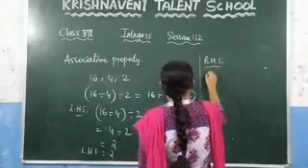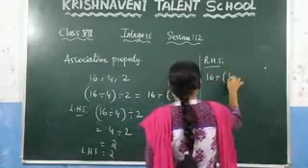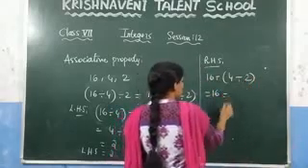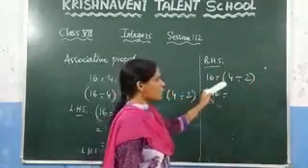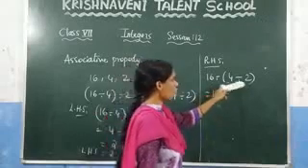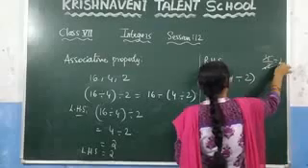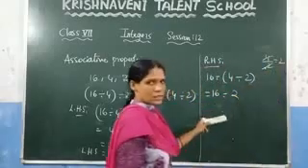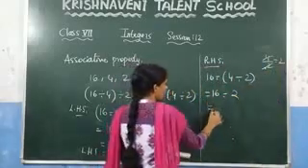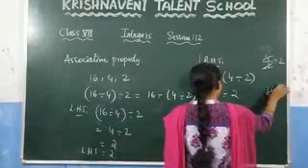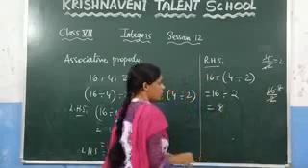Now check the RHS. What is the RHS case here? 16 divided by (4 divided by 2). What is the next step? You need to divide the numbers in the brackets first. So 4 divided by 2. What is the value of 4 divided by 2? It is 2. So you get 16 divided by 2. Now you need to divide these two numbers. 16 by 2, you know that 2 eights are 16. So you will get the answer as 8.